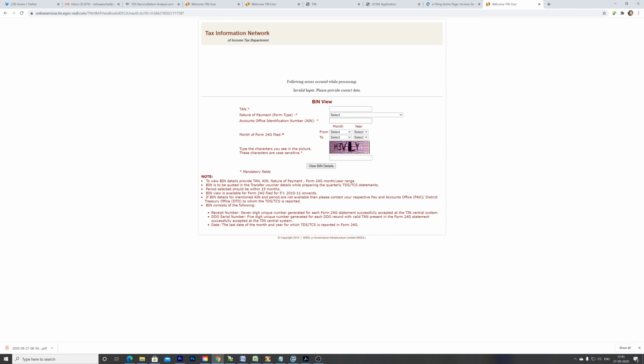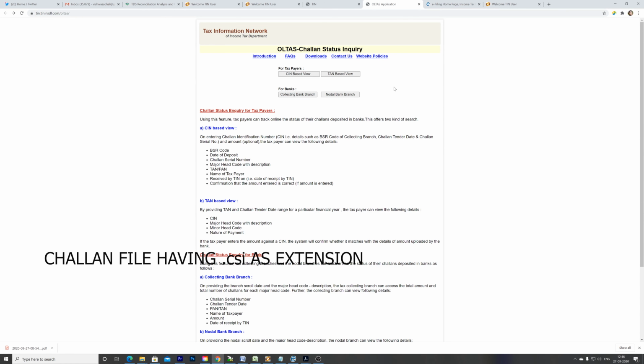Every office has an Accounts Office Identification Number and a TAN number, and for the nature of payment you can see TDS salary is form 24Q, non-salary is 26Q, non-salary non-resident is form 27Q, and form 27EQ is also there. We will be using 24Q for salary.